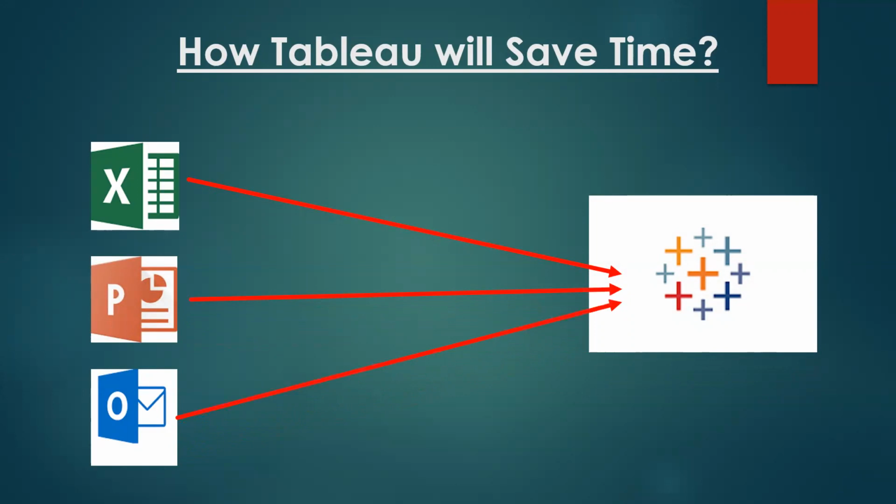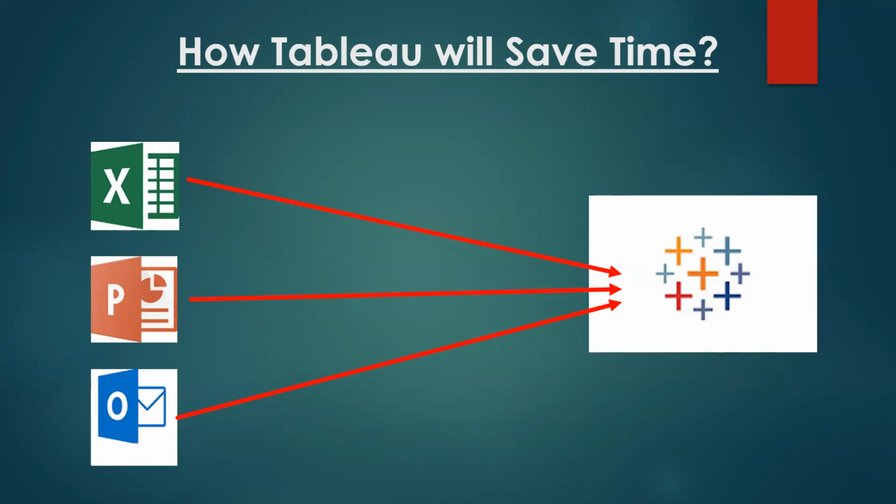Whenever we are working on Tableau, we just need to update the data and keep pressing the refresh key, and then the work will be done. We don't have to pull the data manually every time, and we don't have to do mathematical operations using pivot tables or pivot charts or other different tools. When working on Tableau, it can automatically do the report generation by simply clicking on the refresh button. That advantage we can get.